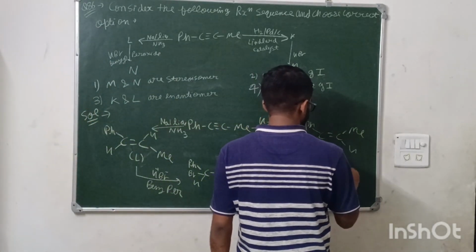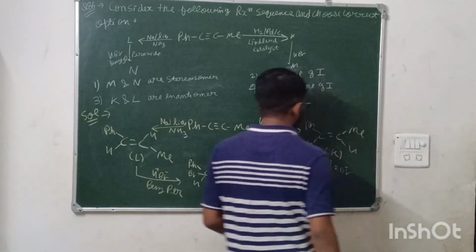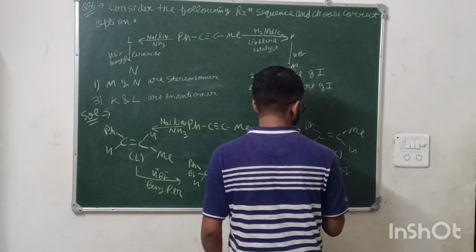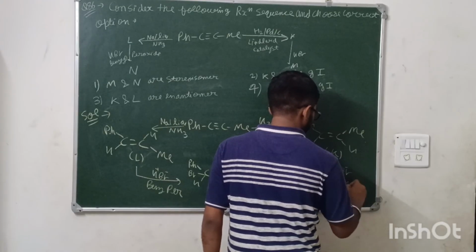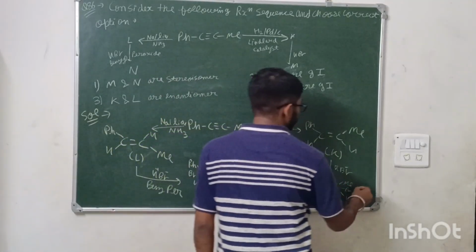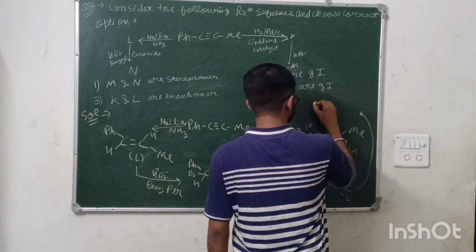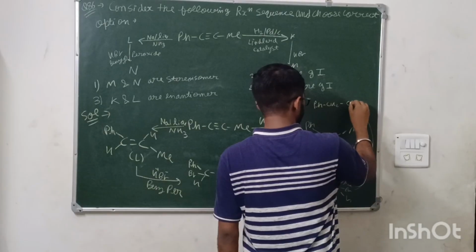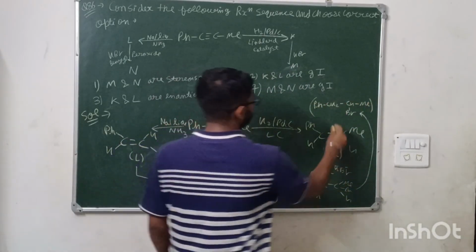With HBr. HBr is what? It is Markovnikov rule addition, H plus and Br minus. Vice versa for the anti-Markovnikov. So this will go to the side with more hydrogen. So this will look like this: Ph, CH, H, and H, and this Me, Br, and H. This is the compound M. So let me simplify it: Ph, CH2, CHBr and Me. This is compound N and this is compound M.